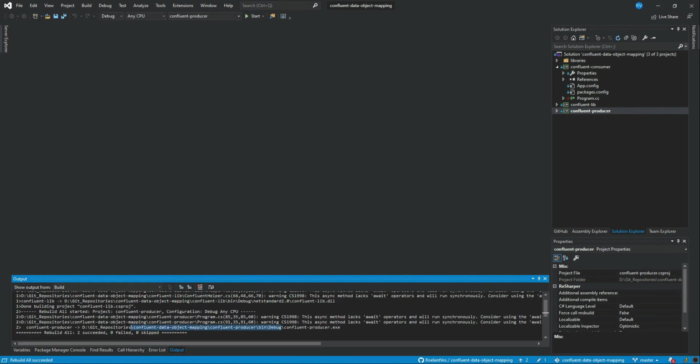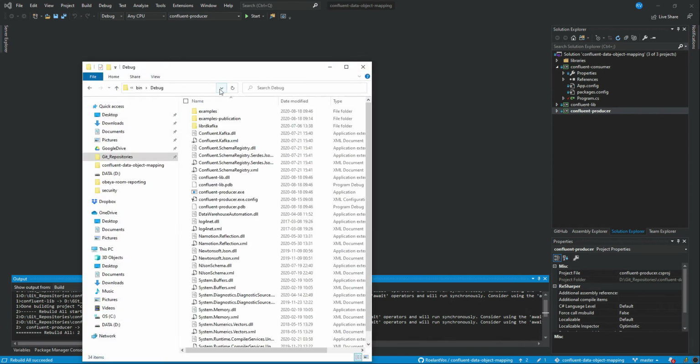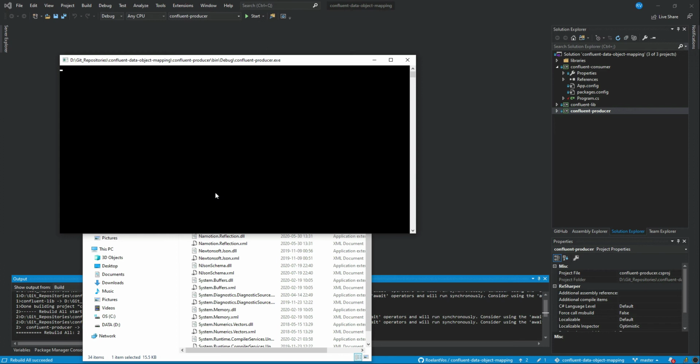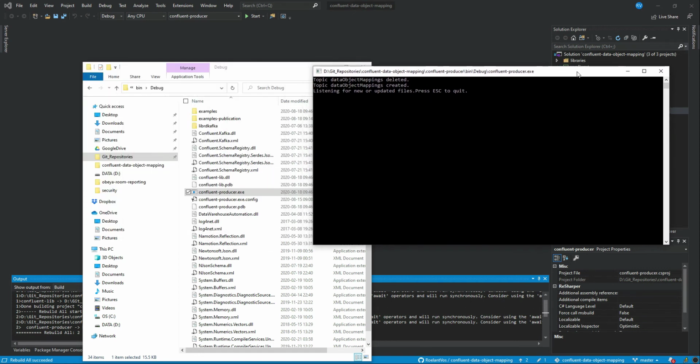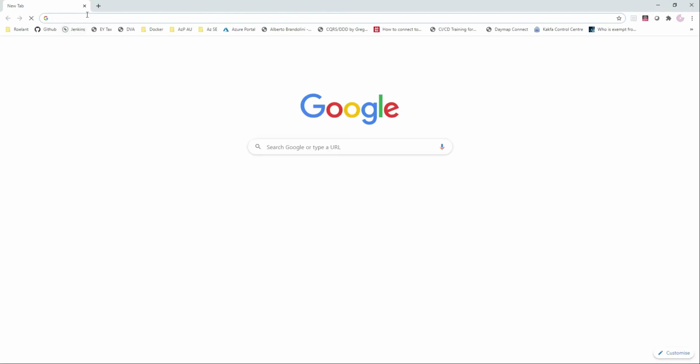application, because we can't debug two projects in the same solution at the same point in time. So what really would be useful is to just start it, and in this case what will happen is that the application will just run in the background, start to poll this file watcher directory for anything that may happen. So we can have a look, and while we do that we can log into the Confluent cloud,